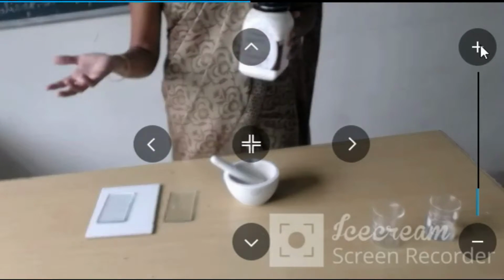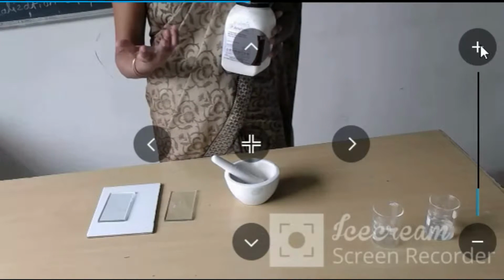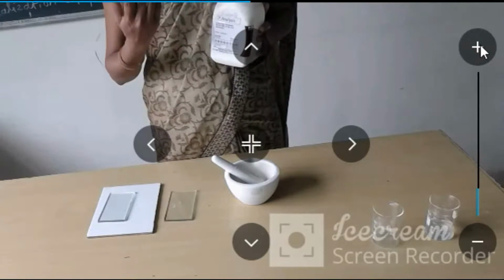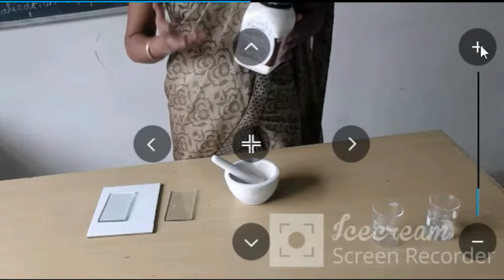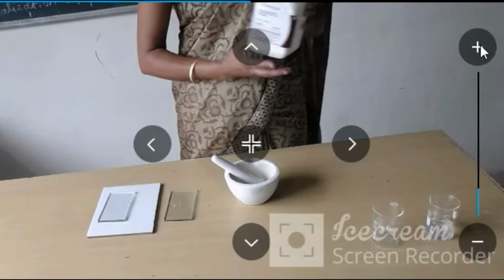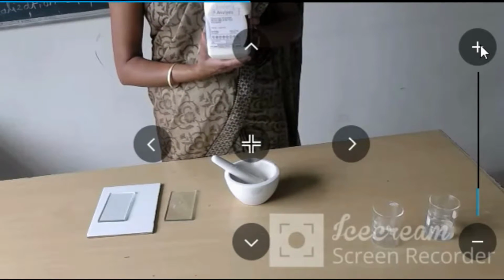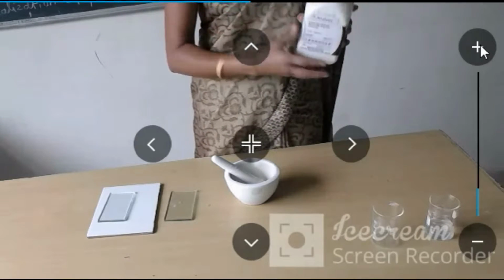There are many types of silica, like silica gel GF, which contains a fluorescing agent. Also you have silica gel H without binder. Whenever you do not want silica to bind on the plate, you can use silica gel H. Today we are using silica gel G, that is gypsum, which contains a binder. Gypsum is a binder. Okay.